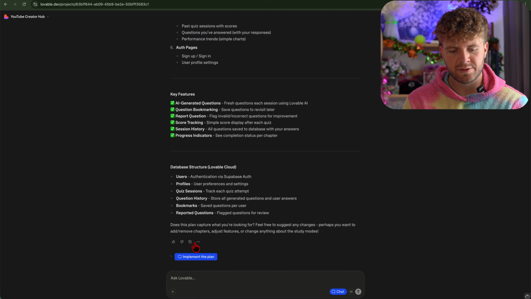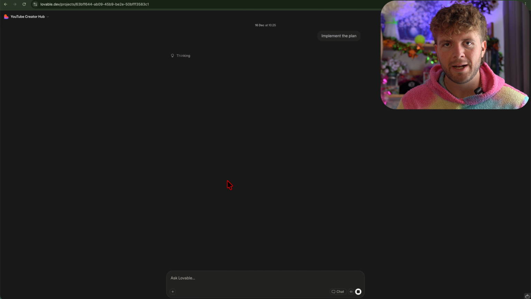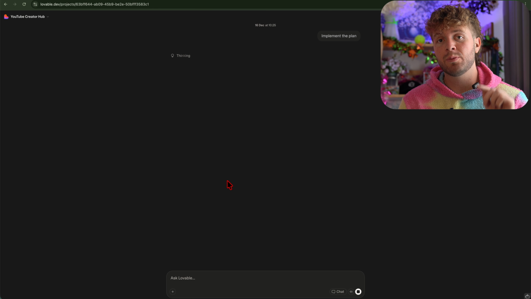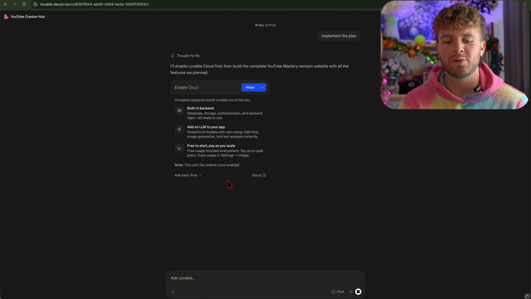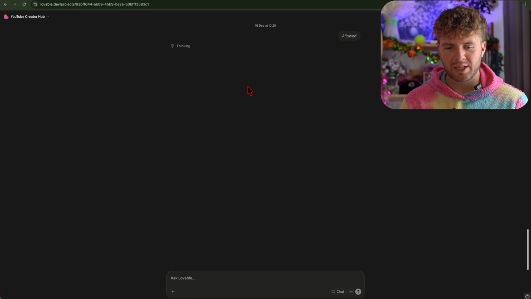Now I'm happy with this, and the database structure looks good as well. So I'm going to click implement the plan. We're going to get prompted to enable Lovable Cloud, and then it'll basically get to work generating the tables and everything that we need to set up the platform. So there we go, enable Lovable Cloud. I think it'll be a bit of a longer build just because we have to put in the database tables